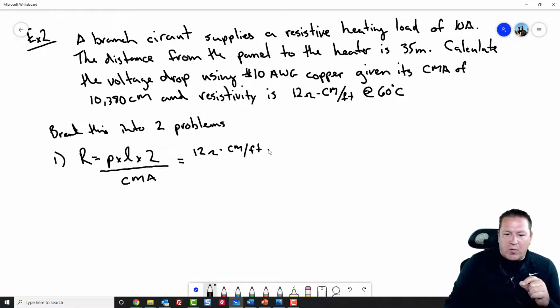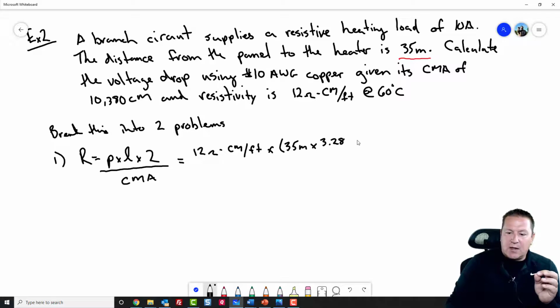But now we've got to be careful here. Also, this is the little kicker with this one: it's actually given in meters, and our units are feet. So you always have to be mindful of units, guys. You want to convert your meters into feet, and we're going to do that by multiplying the 35 meters times